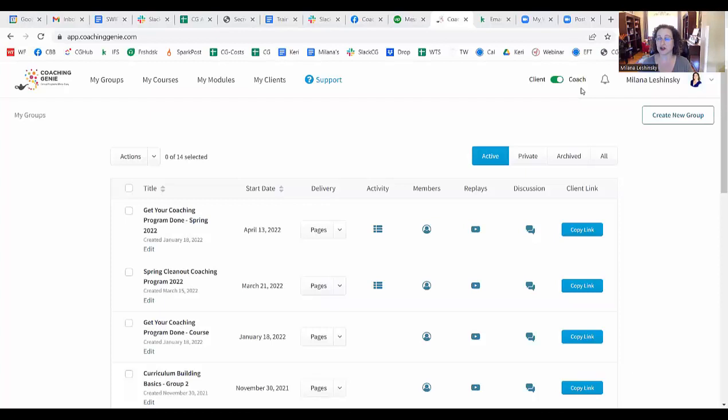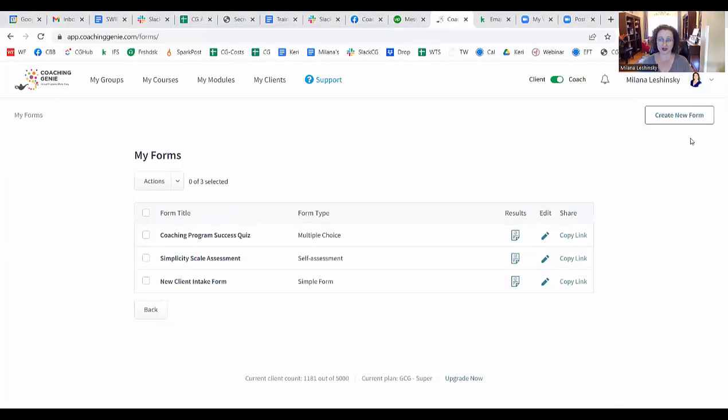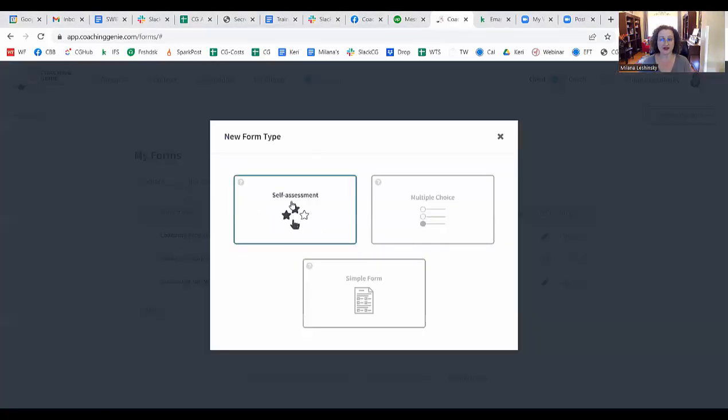And so how do you do that inside Coaching Genie? Well, I'm going to share my screen. We have a tool called My Forms, and you can actually create a self-assessment where when your client takes the assessment, they get to rate themselves on a scale of 1 to 5 in different areas.